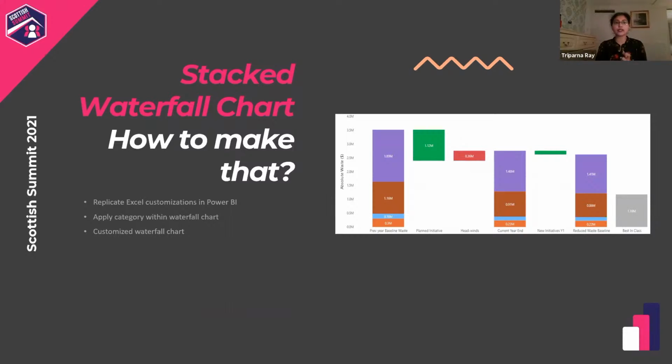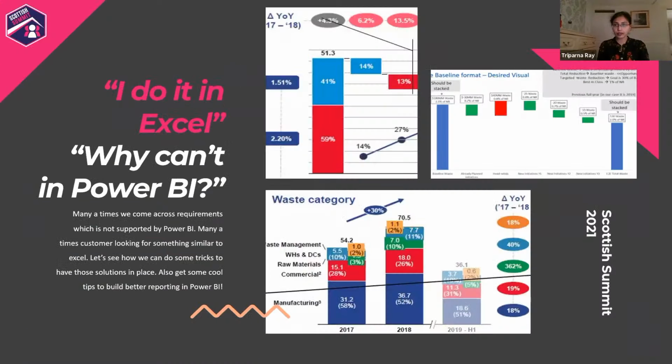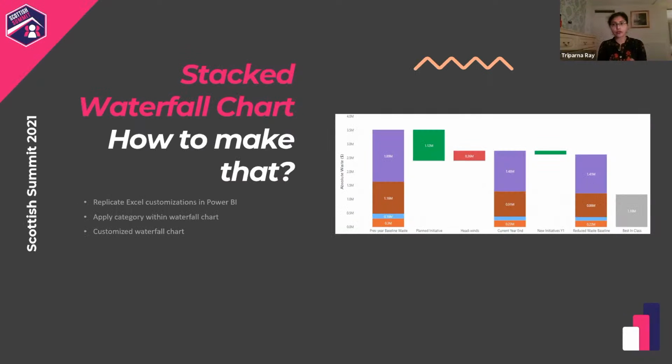So waterfall chart is something which is like out of the box available in Power BI, but it only supports non-stacked ones, which is just, it will see the one measure, and depending upon that, it will show the waterfall chart. But we have a requirement which is like a waterfall chart. If you see this, then here it looks like this. Much more customization is there. Like it has some values which are shown as negative, red, and positive, green has this, and it says like that. So if we have a requirement like this, then it is required for us to see how we can